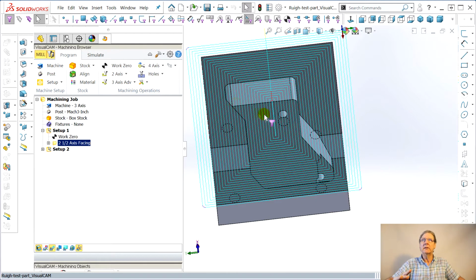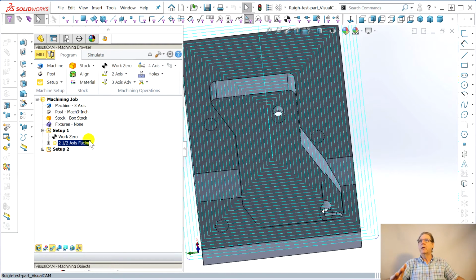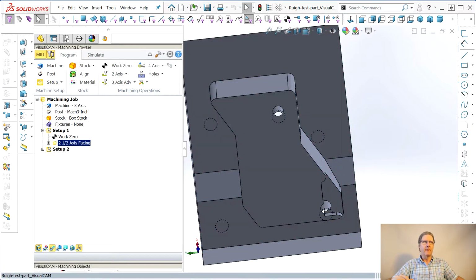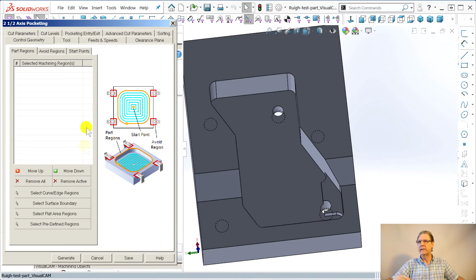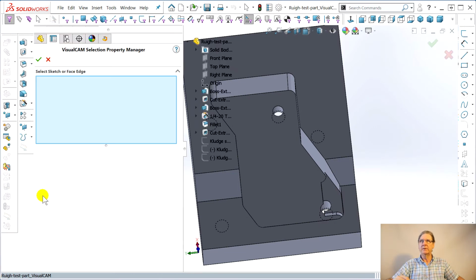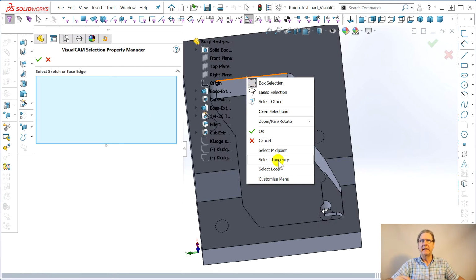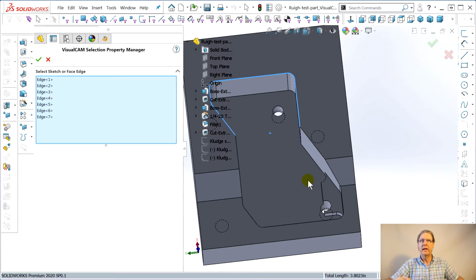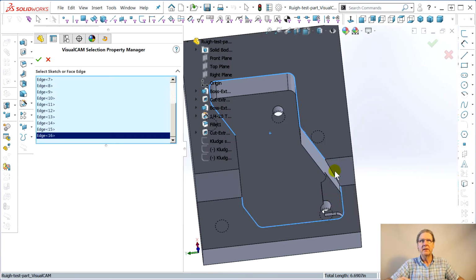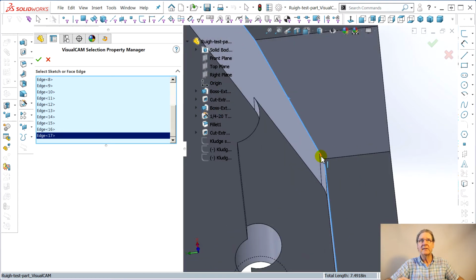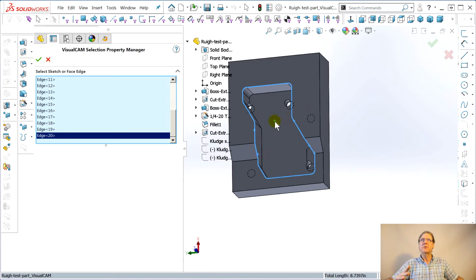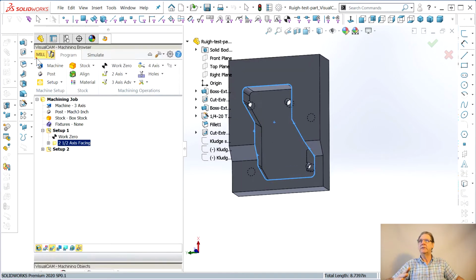We'll see. The pocket, okay? 2-axis pocketing. For this, you say select curves and edges. I did find out you can say tangency here. Oh, I accidentally clicked on a filter. All right. I can say here, select tangency there. Get you a little bit closer. Here, here. How about this little one? There. And then you can go here and here. So now we've got the definition of the pocket. You say, okay,